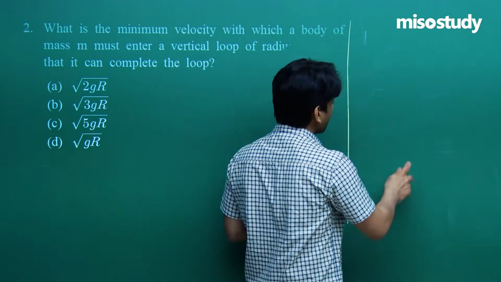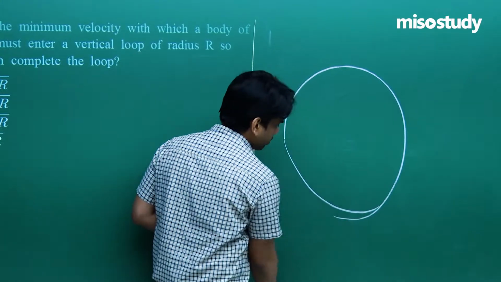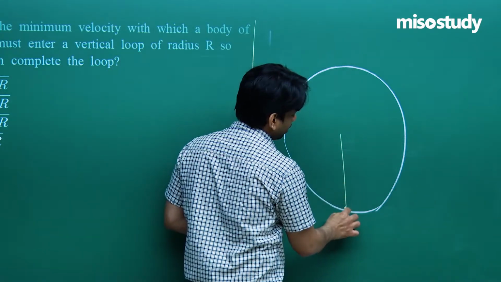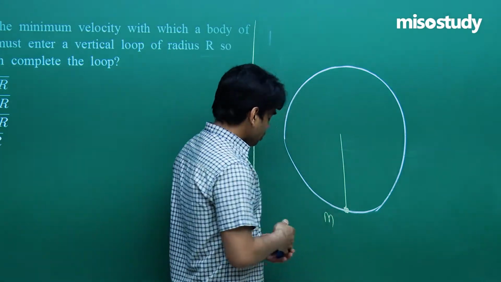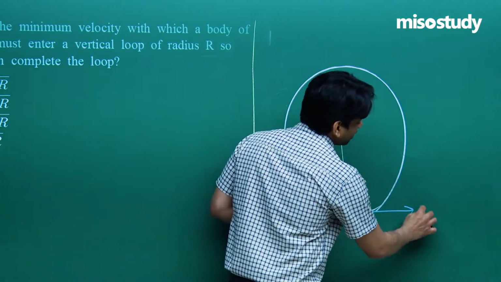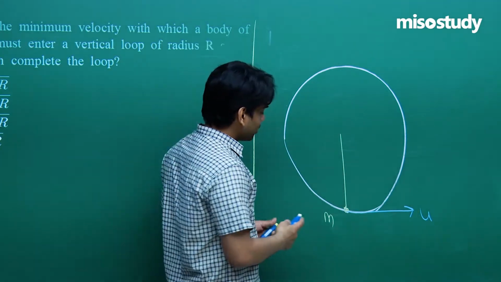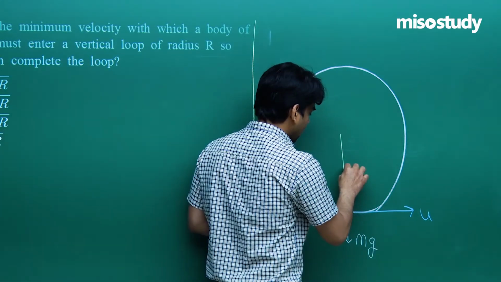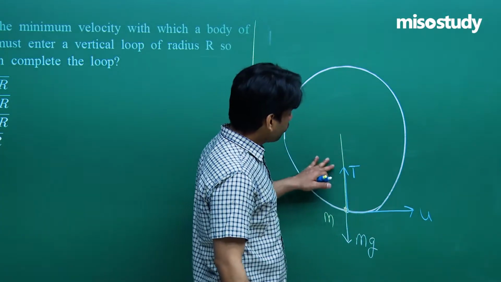So we have a body performing vertical circular motion. This is the motion the body is performing, and you have taken a string and a stone tied here. Let's say the mass of this stone is m. Now see the forces that will be acting. At the bottommost point, if you give the minimum velocity, let's say it's u. u is the minimum velocity that you have provided. All the forces acting on it: mg will be acting downward, and tension T will be acting within this string upward. This is the force equation that I have written.